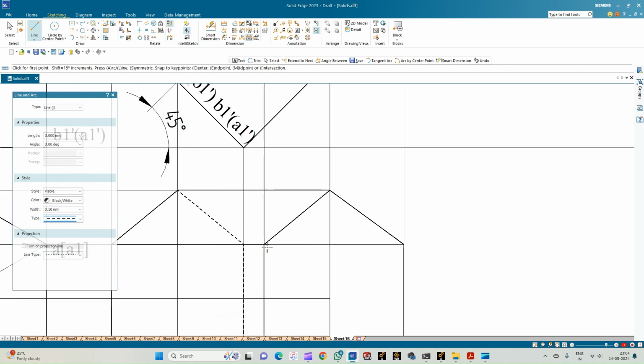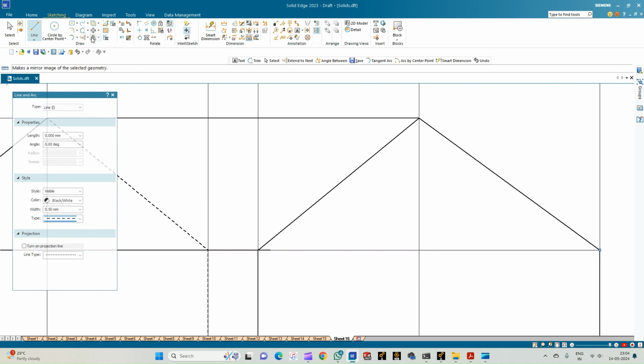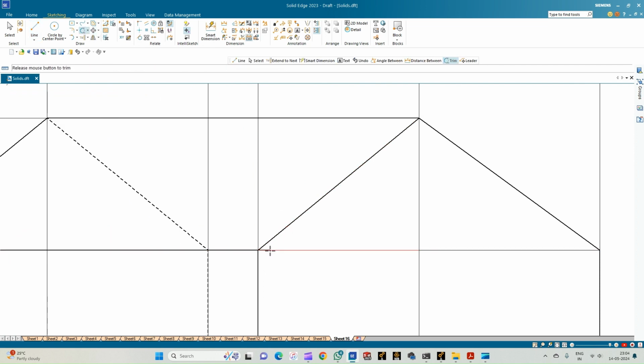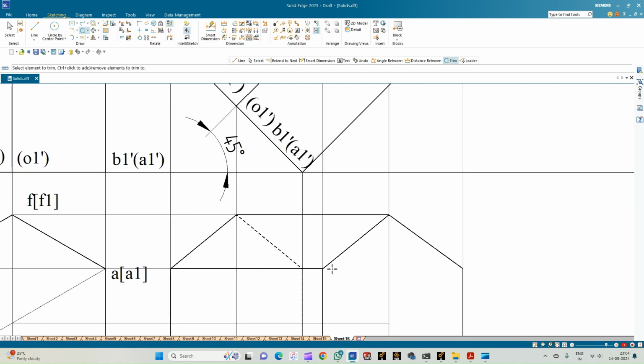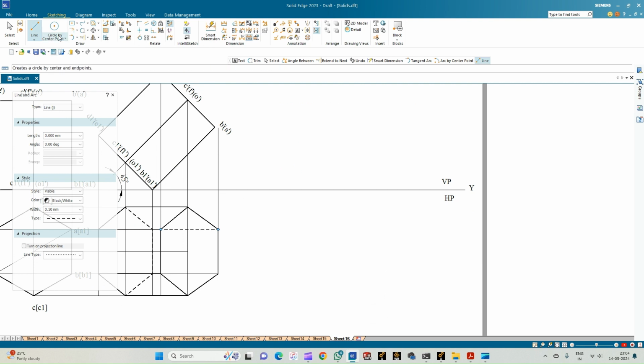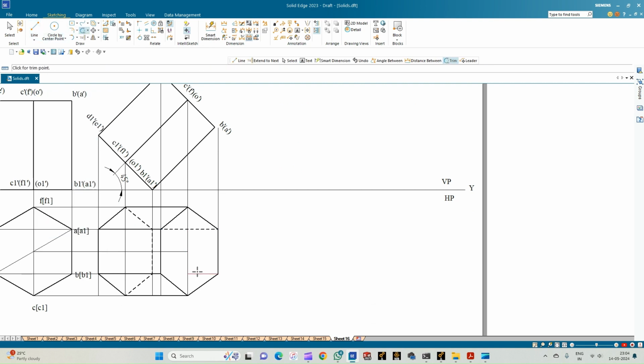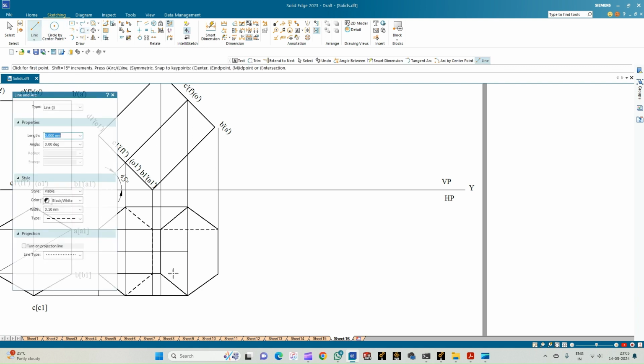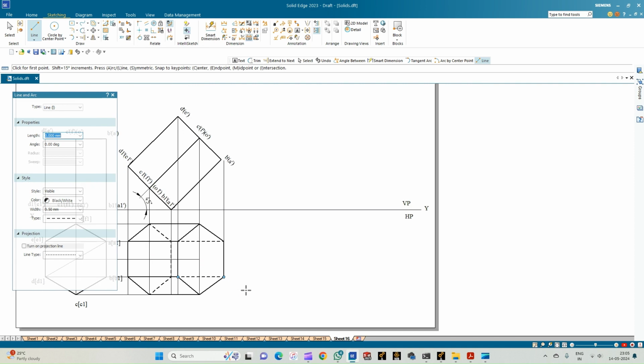From this edge, you can just see that there is a small extrusion of this previous edge, so just trim this. We'll use this line option now. From here till here, again it will be the dotted line. So with this, we complete the